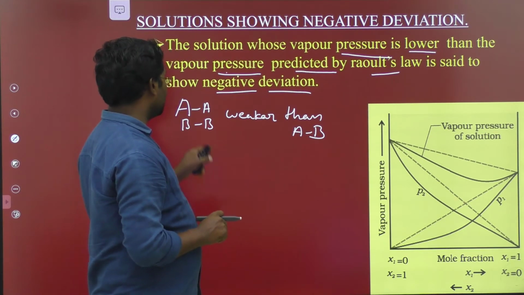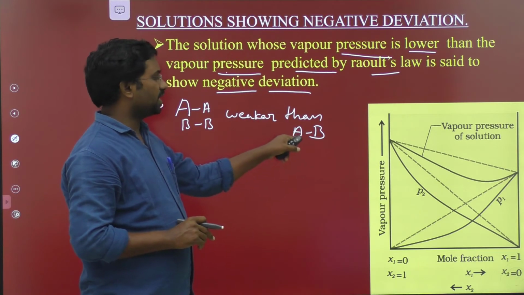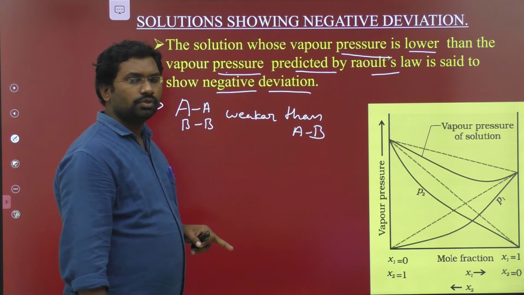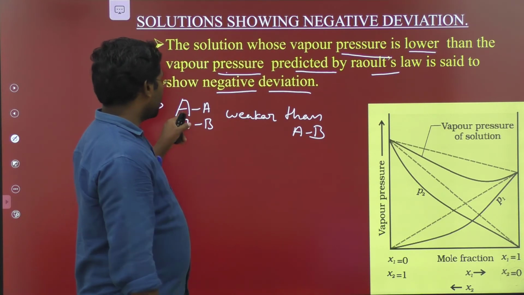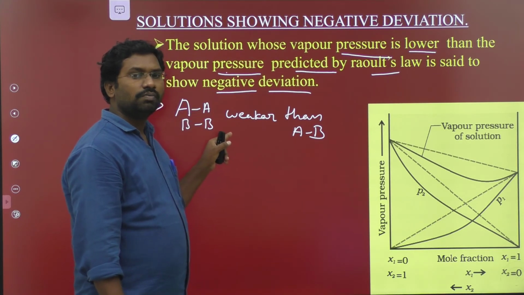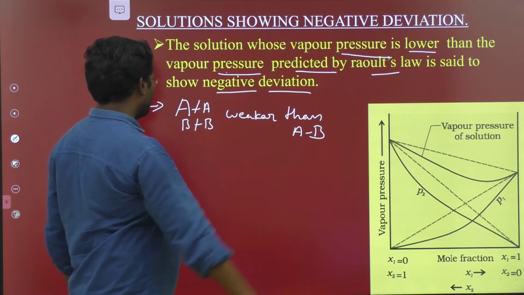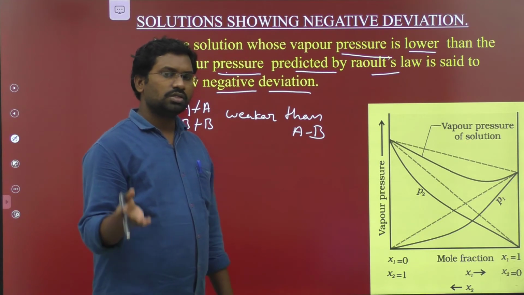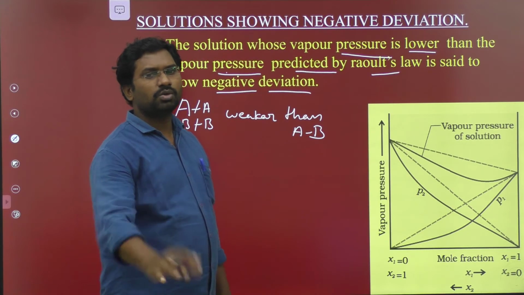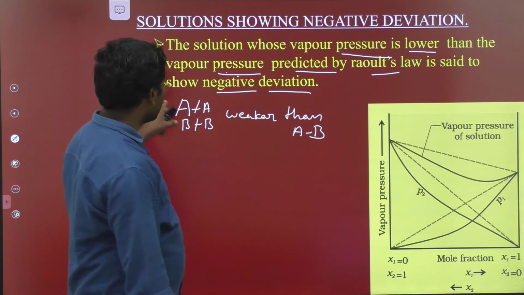The interaction present between the solvent molecules and solute molecules is weaker than the AB interaction. You notice a very important thing: the interaction between the solvent molecules and between the solute molecules is weak. Therefore, when we give some temperature, the bonds present between them are automatically broken. Even though solvent molecules or solute molecules evaporate, both are not evaporated, because here the AB bond is stronger than AA and BB.